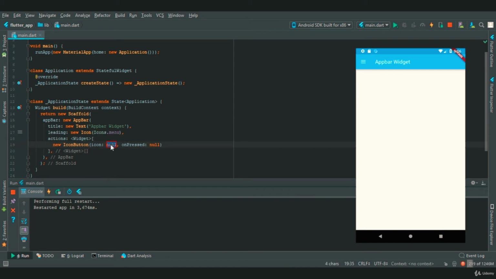So in this icon, let's provide an icon as arrow icon, and the second icon button that we will provide will be the close icon.